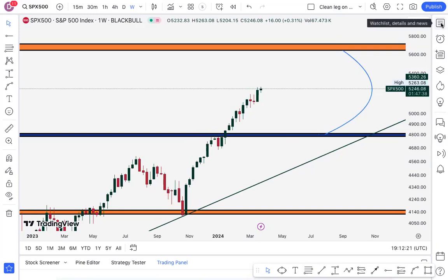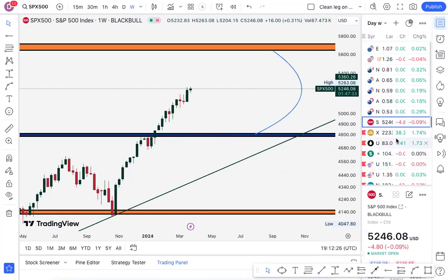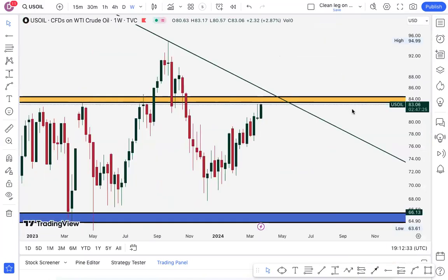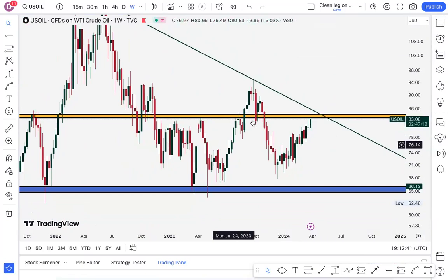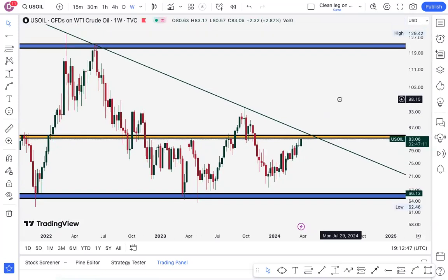The next pair on my list is US oil. Now I have a lot of people that have been long US oil, justifiably so. All right, so they know exactly what they're doing. If you see someone going long on US oil, you should actually applaud them for the balls of steel. We have come to hit a resistance bar or a supply level, and this is also a head and shoulders pattern for me here on the US oil. However, I'm actually very, very bullish on this guy. I'm anticipating that we would clear out this supply level and then pull back before we get to this key level. All right, so